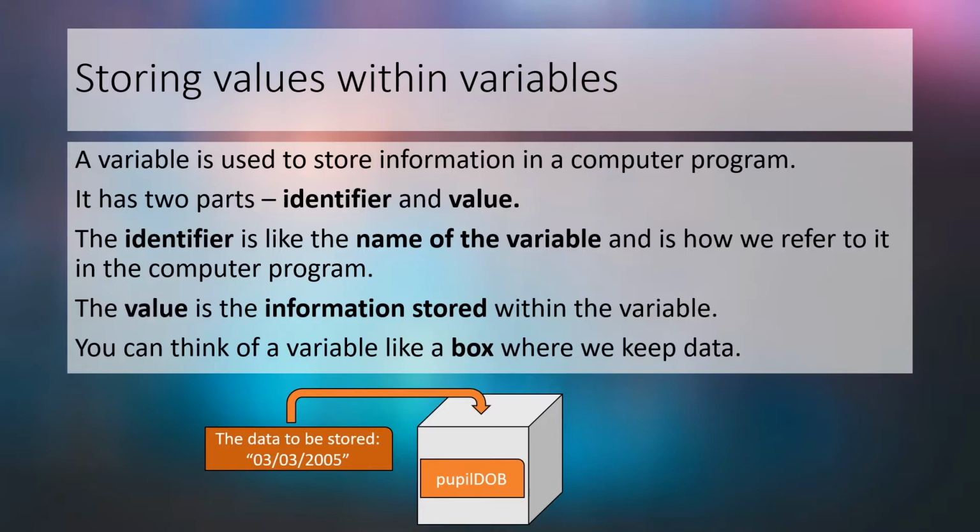A variable also has a value, or a box has a contents. This is the data that's going to be stored inside the variable. In the previous example, the variable with the identifier pupil date of birth might have the value 03/03/2005. Creating variables is a core concept in computer programming, and it's important that you understand this as it's one